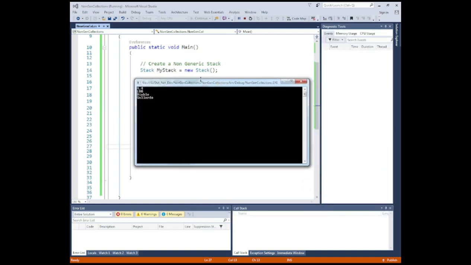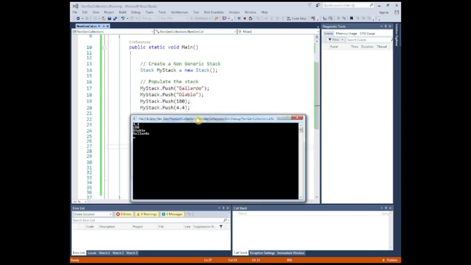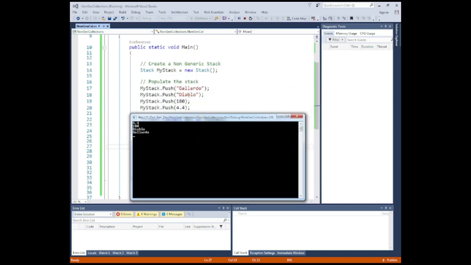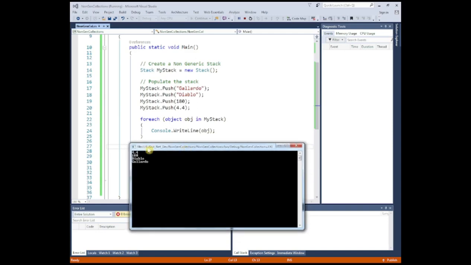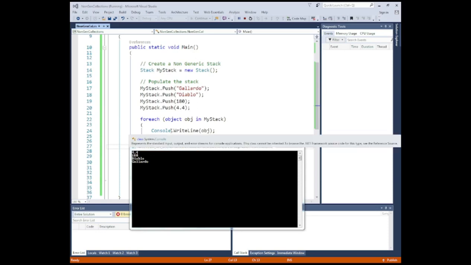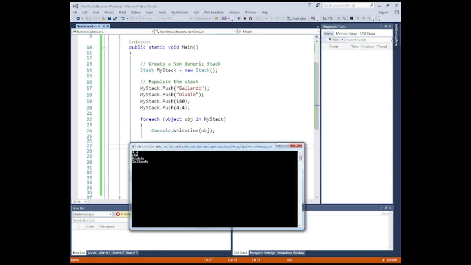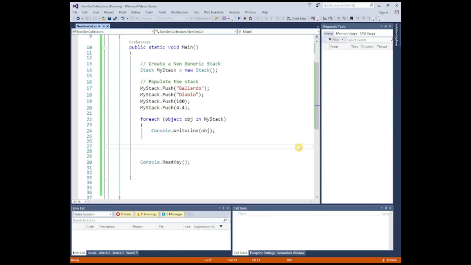So we've created a stack using the stack, my stack equals new stack. We populated the stack with these four values, and then we use this foreach in order to display the values that we've inserted into the stack. And moving on,